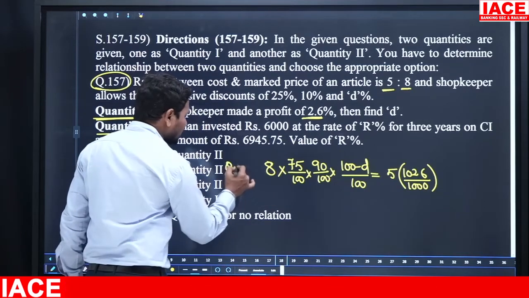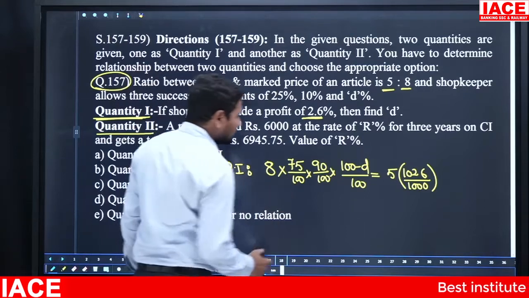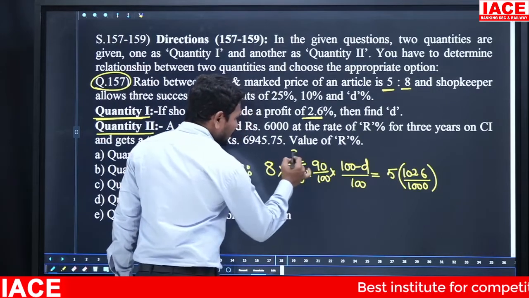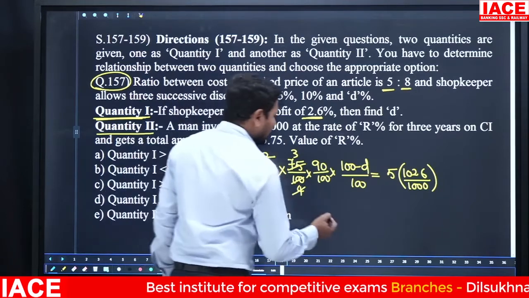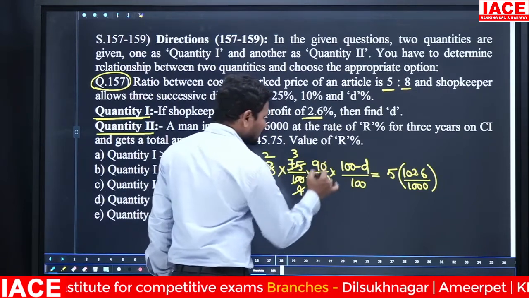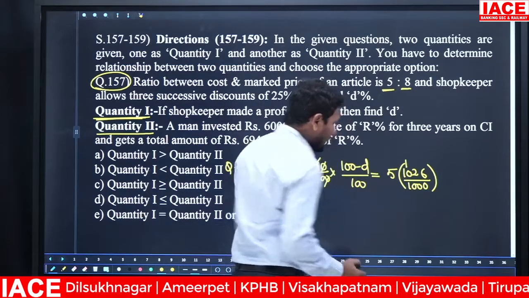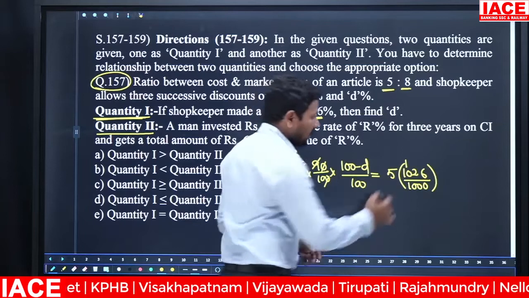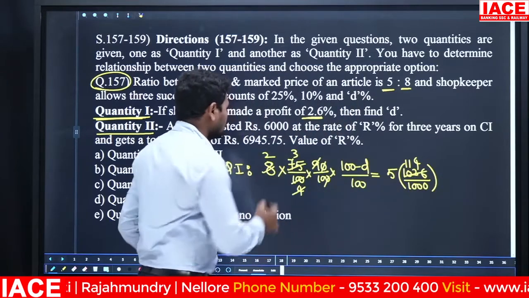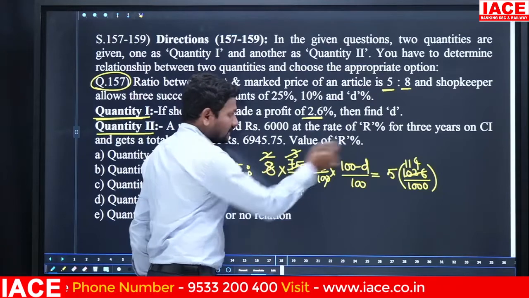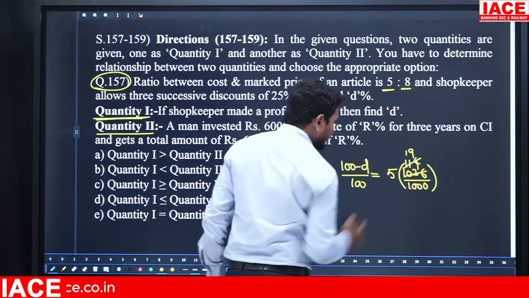This calculation belongs to quantity 1. Cancel the values here. 25 3s are 25, 4s are 4, 2s are, and cancel with 9. Here 0, 0 cancel, and 9 how many times? 9 1s are 9. Remaining value is 12. Again 9 1s are 9 and 9 4s are. Okay. Next cancel with 2. 2 3s are 6. 6 cancel. Next 6 1s are 6. Remaining is 54. It is 19 times.